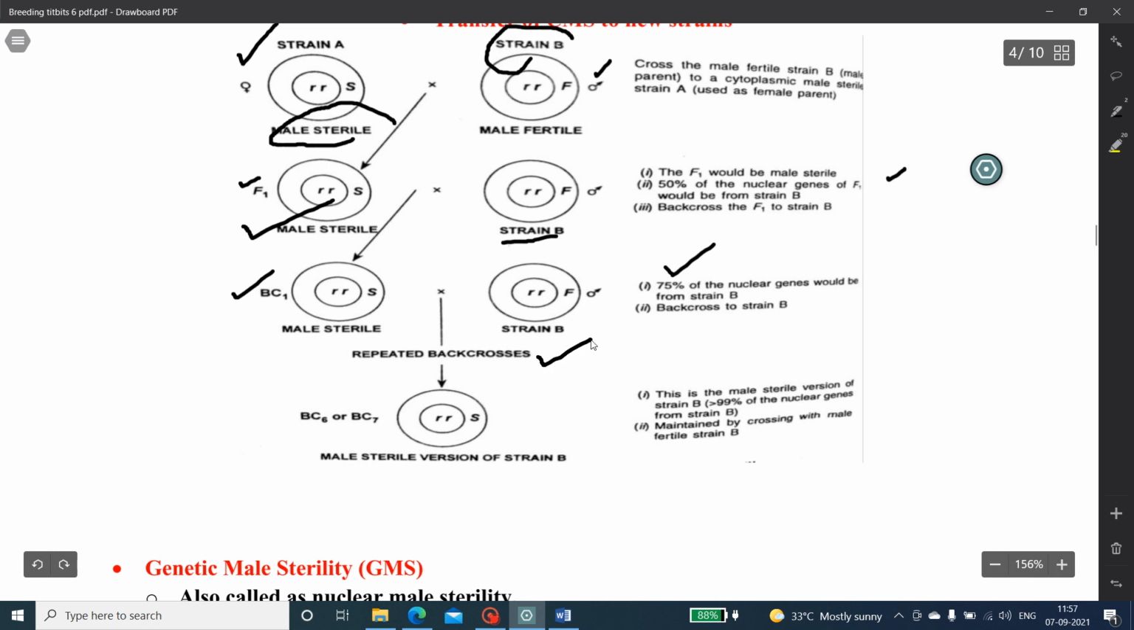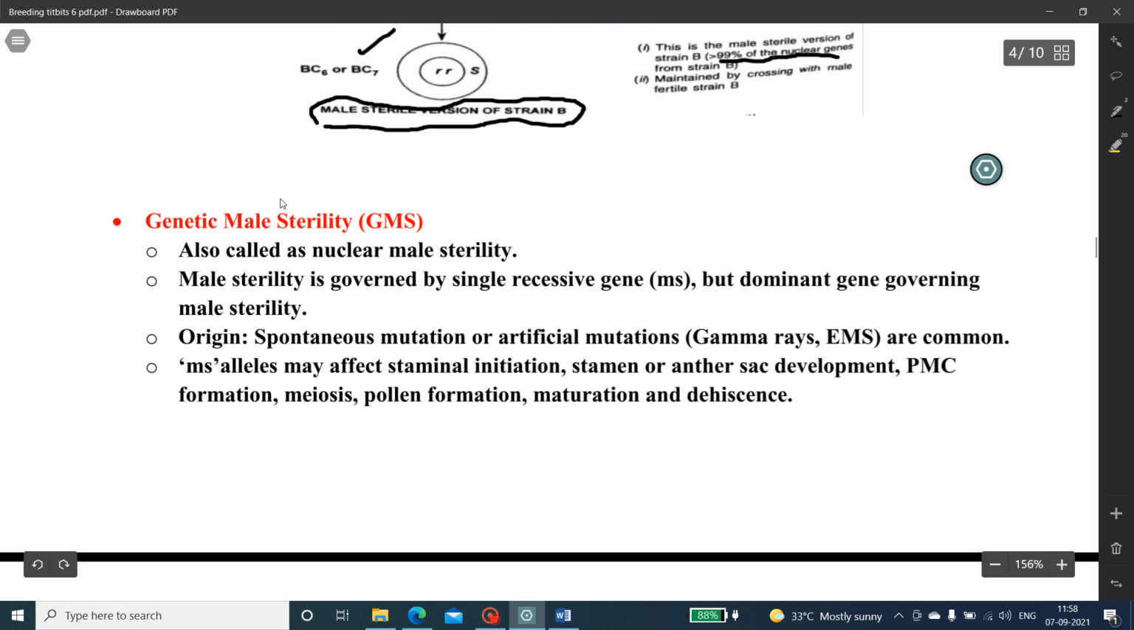to do repeated backcrosses, maybe from BC1 to BC7. At BC1 you can transfer 75%, and after that you have to do 7 backcrosses until about 99% of the nuclear genes would be transferred to the sterile line. So the male sterile version of the sterile B. These two are isogenic lines. Okay. Then the genetic male sterility, the next